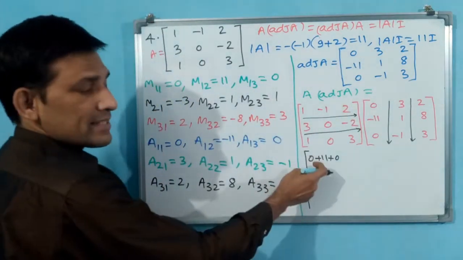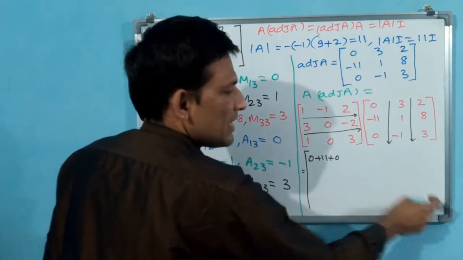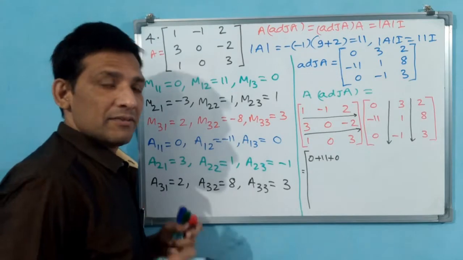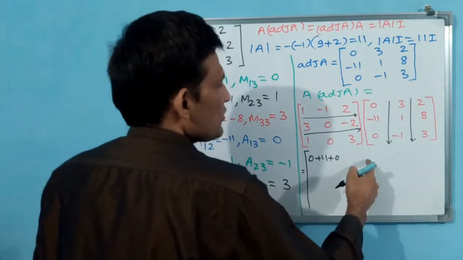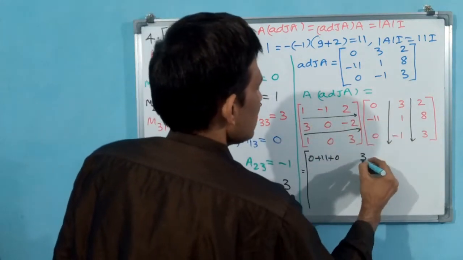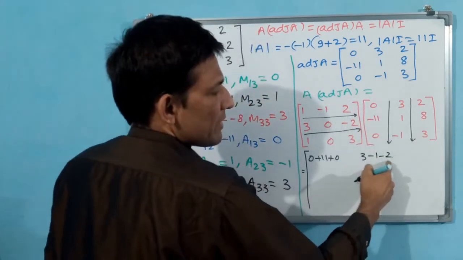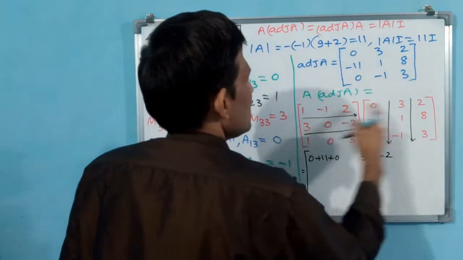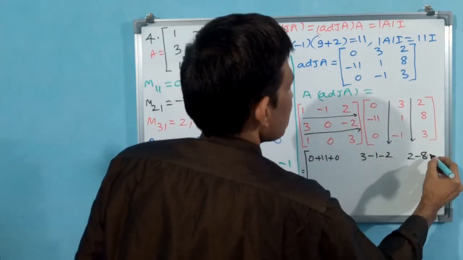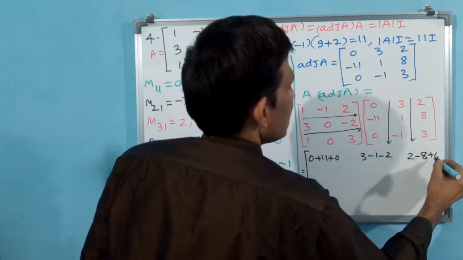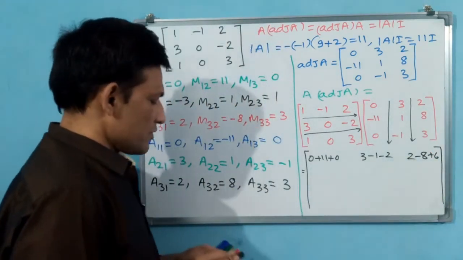Okay. Now here it has come. So 11 has come. 0, 0, 0, 11, 0, 0, 0, 11 has to come. What answer has to come? I know. Okay, that is very helpful for me. Now here 0 has to come. You see 3, minus 1, minus 2. You see 3 minus 1, minus 1, minus 2, minus 3 plus 3, 0. 2, minus 8, plus 6. Plus 8, minus 8, 0. Like this, these are going to become.